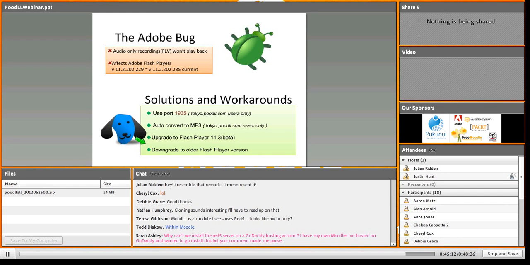In the old days, you needed to, but you need to have basically full control of the machine. You need to be able to install Java and to install other servers and set up networks and open ports on the firewall. So those are things which you don't have access to on one of the cheapy GoDaddy or other hosting accounts. You just couldn't do it technically. But now that requirement is gone. So actually, people do run PoodLL on HostMonster and GoDaddy style accounts. It's no problem.